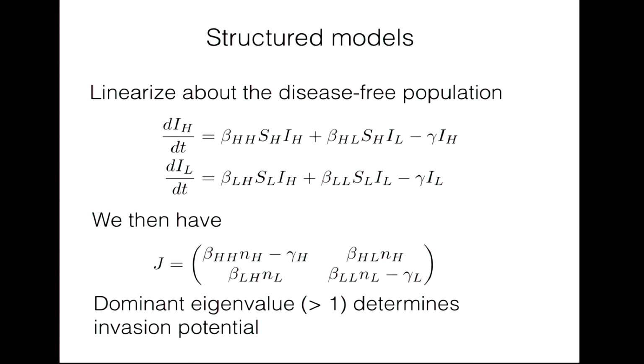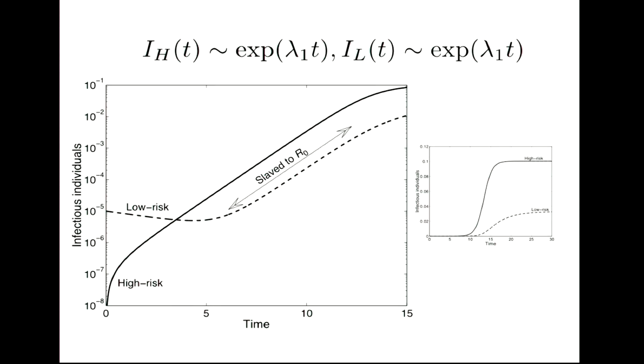Here again, you can linearize about the disease-free population. You get a Jacobian which has this particular structure, and then you can ask about the eigenvalues of that Jacobian and what it does. Typically, it turns out that these will have some exponential behavior. Some exponential increase in the number of infectious, and remember, you're doing all of this about the disease-free population. You want to start out here, and then at long times, essentially the largest eigenvalue governs both of these